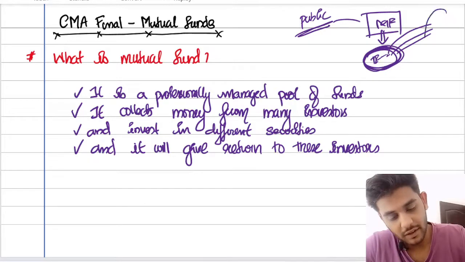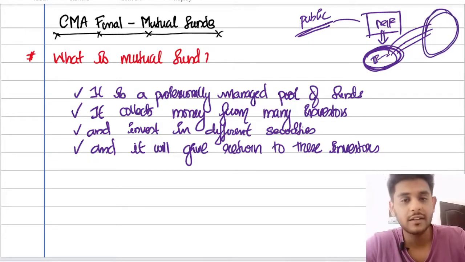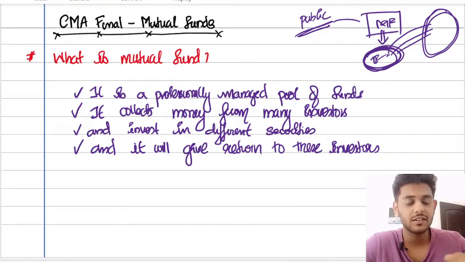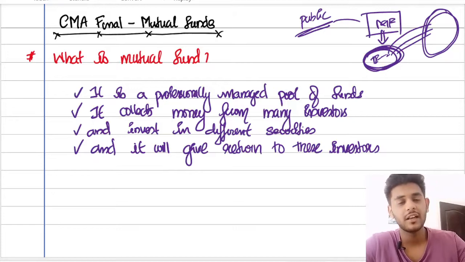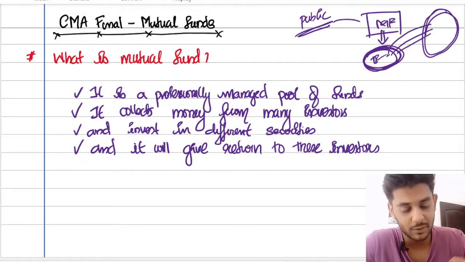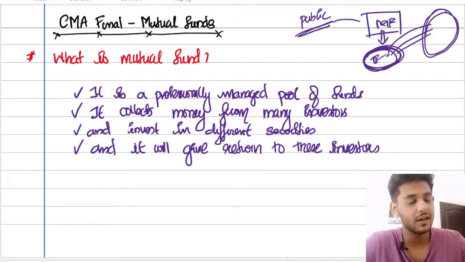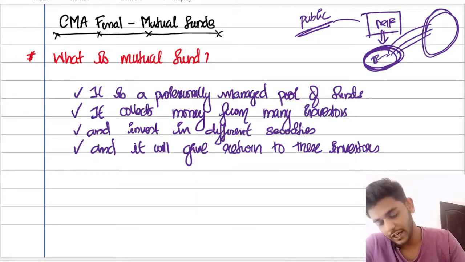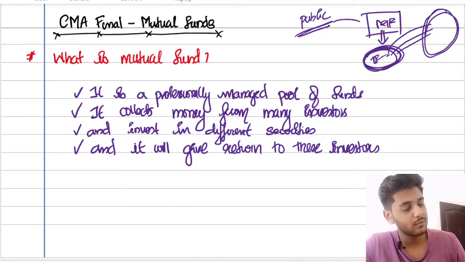Okay, another thing is diversification. Rather than investing into a particular security or a particular industry, they will be investing in a large number of securities or a large number of industries, so that the risk of the investors or the risk of the mutual fund will be minimum. Okay, that is another point when it comes to mutual funds. So take a note of this and we can move to